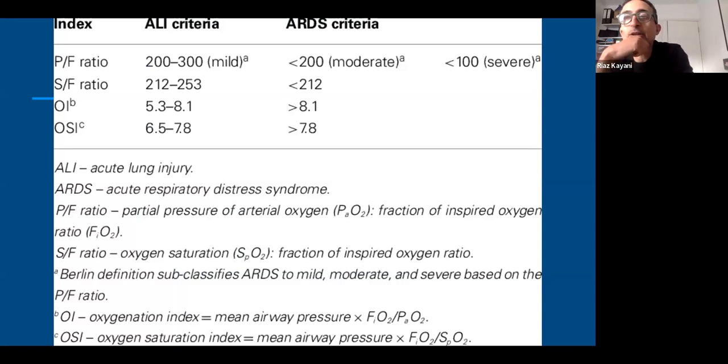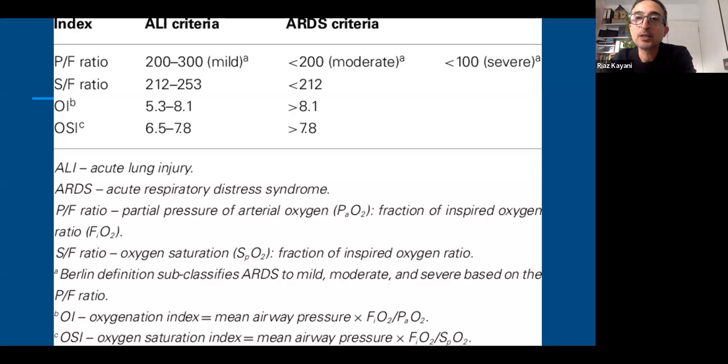Those of you that are anesthetic or have had ICM experience, or PICU trainees, will need to know about things like PF ratios and OIs. Essentially, when you're looking at hypoxia, you need a ratio which takes into account the amount of inspired oxygen that you give a patient and how much gets into the bloodstream. And how we measure the amount of oxygen in the bloodstream is by partial pressure of oxygen.